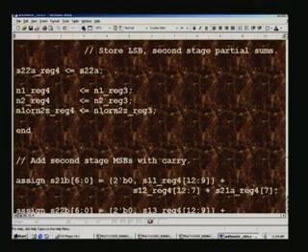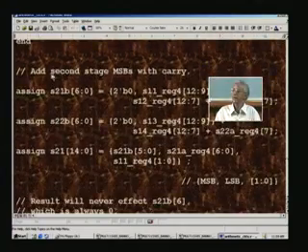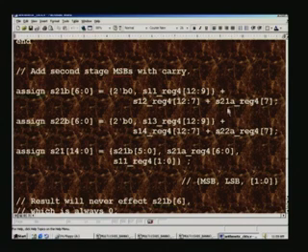So, what we do now is add the second stage MSBs with carry. Once again this may or may not be required, you can just experiment here, and for the sake of completeness it is there, and probably optimizing tools such as Simplify will do it automatically, even if you put some extraneous thing. So do not really bother much about optimizing at your step.